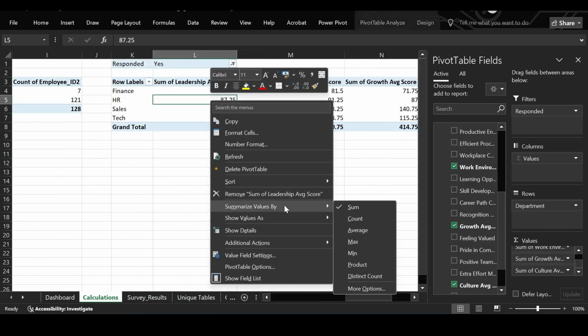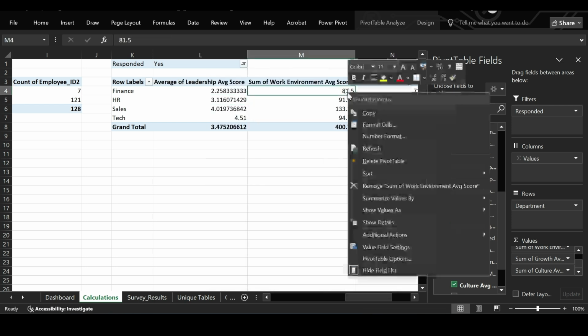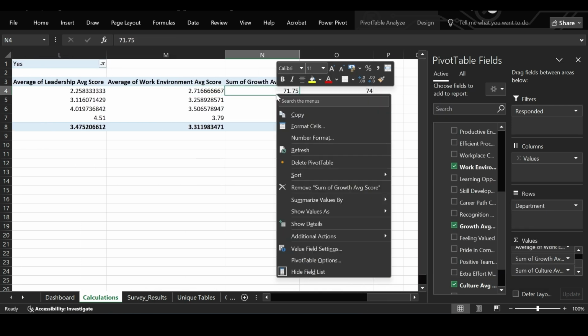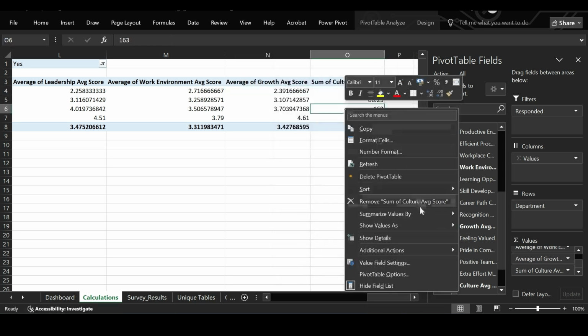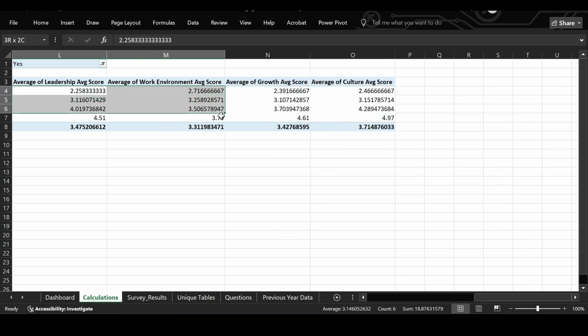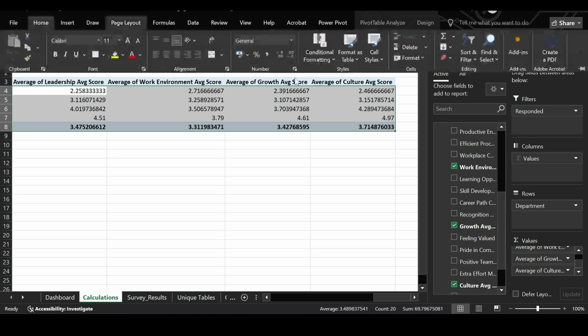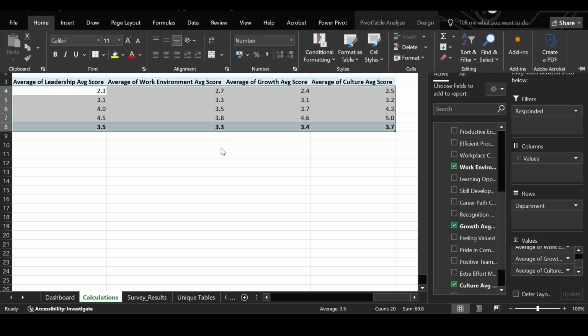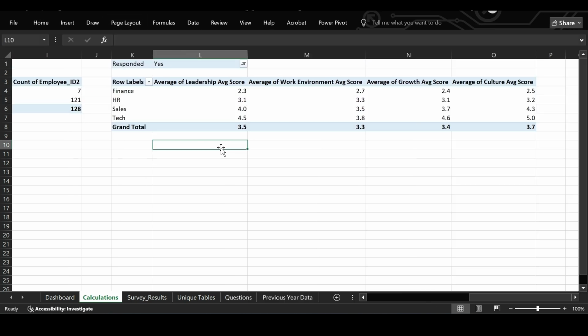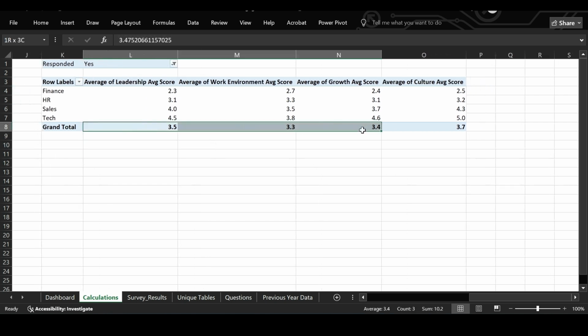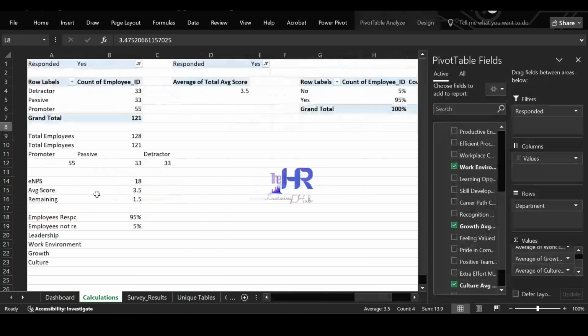Right click, summarize values by average. Select the same for all 4 categories. We want only 1 decimal, so change that accordingly. And here we have average score across different categories.